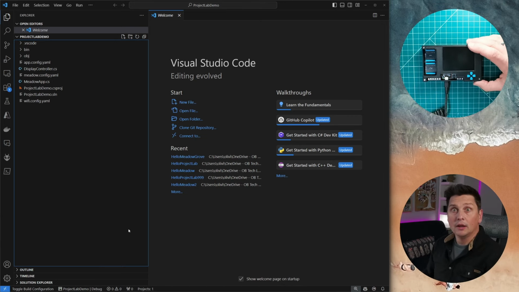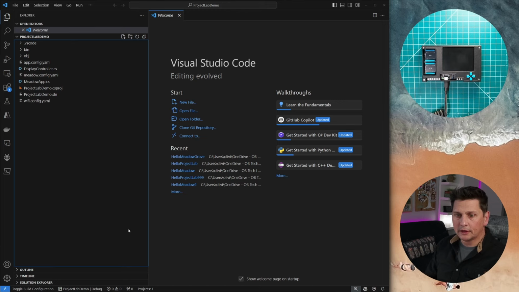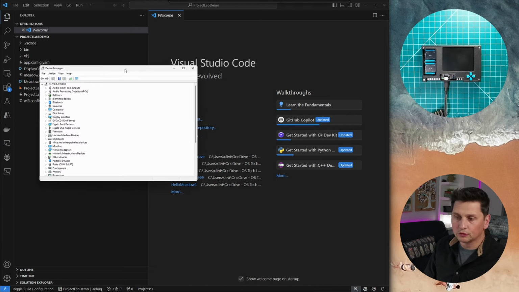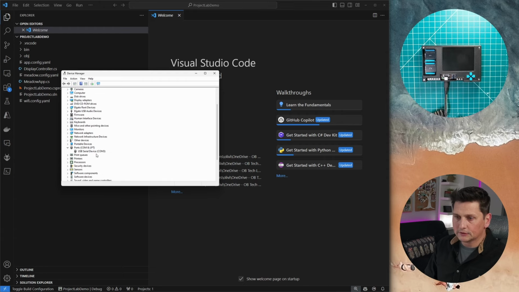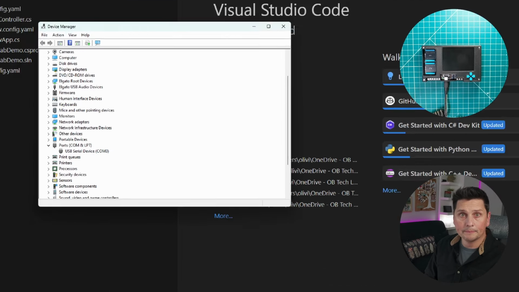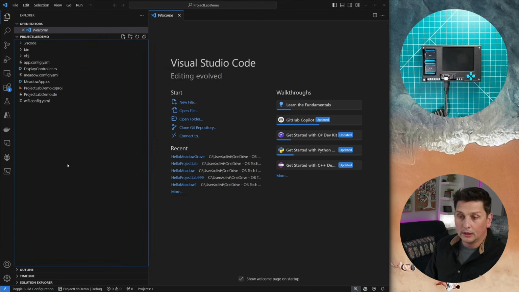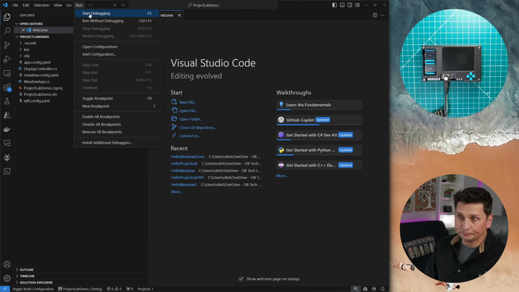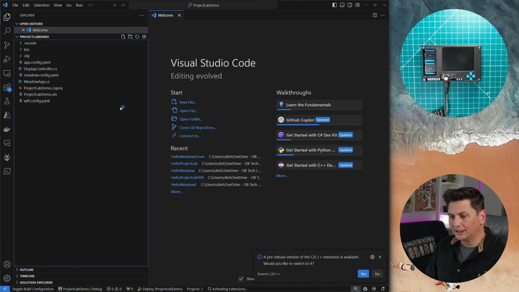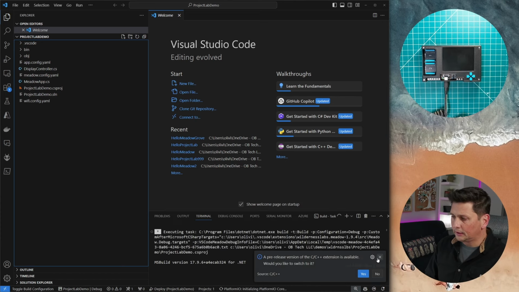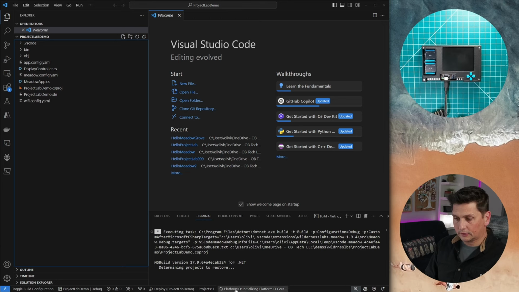I have the firmware flashed in there. The board is connected. I'm going to just check real quick that I can see my device manager, the right COM port, the right serial connection, to make sure that my USB device is indeed showing in here as COM3. Perfect. And there's only one COM port, which simplifies Visual Studio Code's life, because if I hit start debugging, it will identify COM3 as the only COM port and will deploy on that COM port.